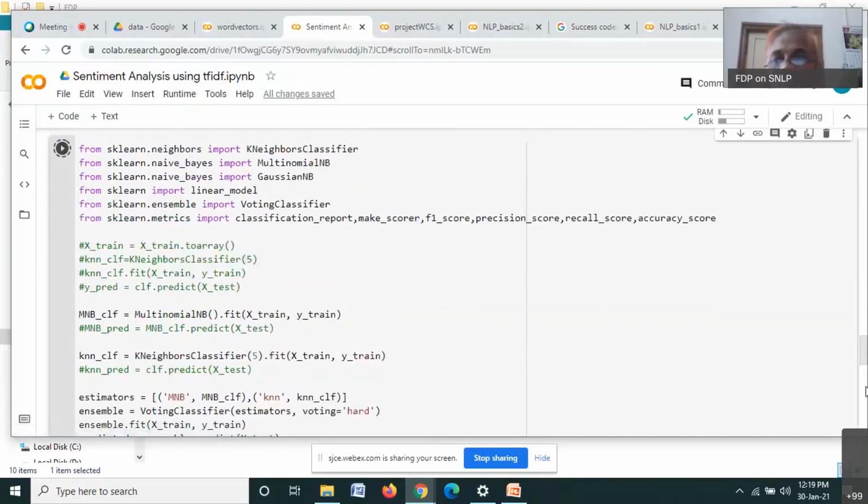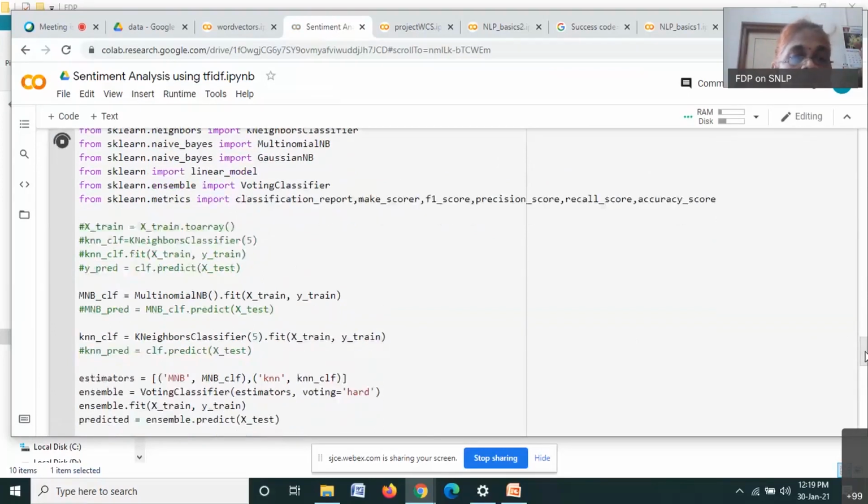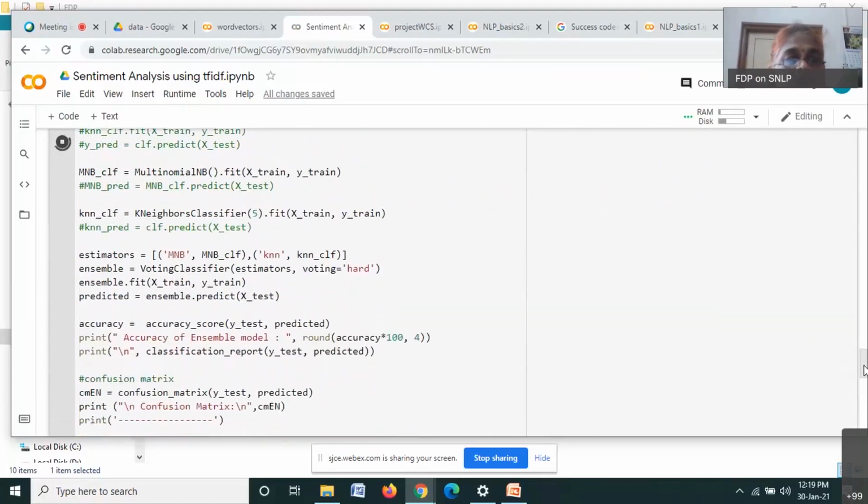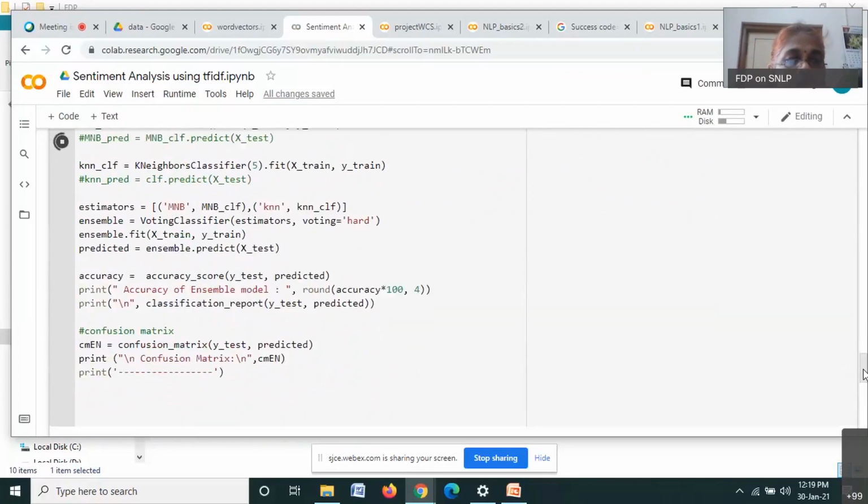If I run this, this takes little time because now I'm running two classifiers simultaneously. Whatever is the train data, I am using that to build two models. And the test data is given to these two models simultaneously. And accuracy of the ensemble model now depends on the accuracy obtained by these two. In fact, you can have the individual accuracy, also accuracy of the individual classifiers. But whenever we say ensemble model, instead of the individual classifiers, we go for a collective kind of decision.